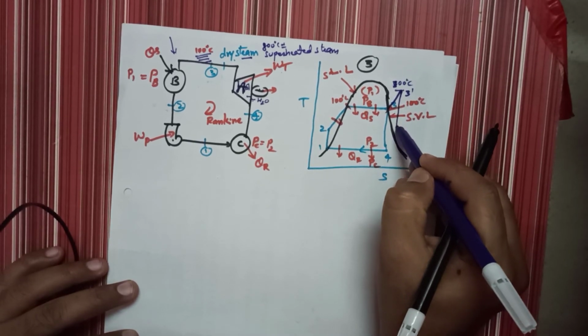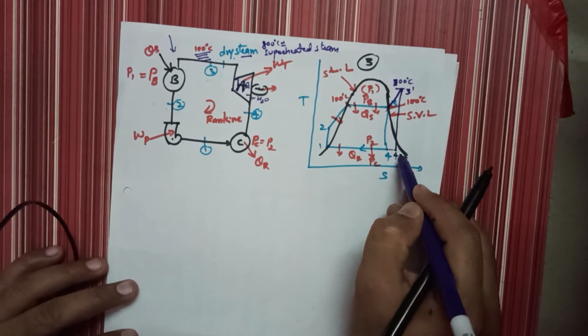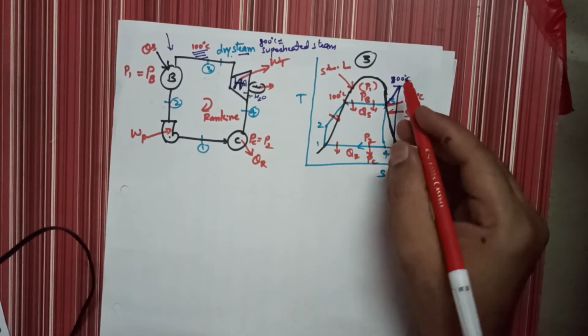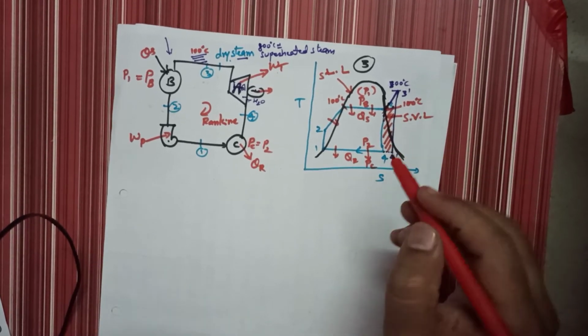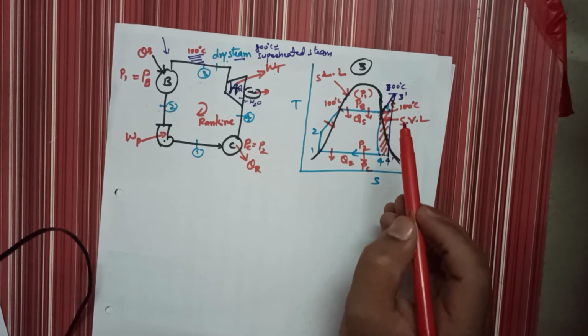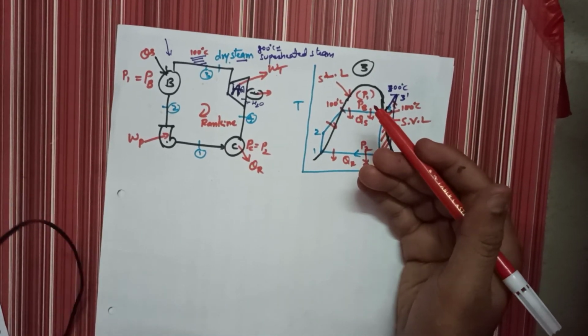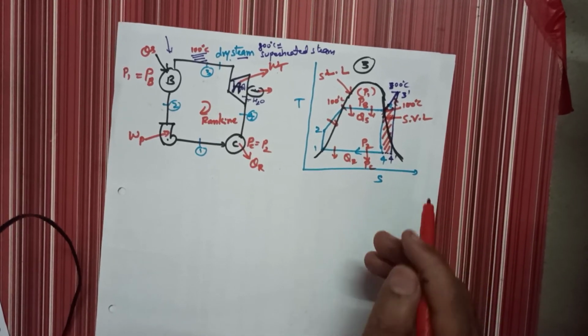Now this is the new turbine work, expansion work. It is 4 dash. So this is the extra heat they have supplied. So the area has increased now. If the area of the TS diagram is increased, heat supplied is more, so you will get more efficiency. Have you understood this concept?